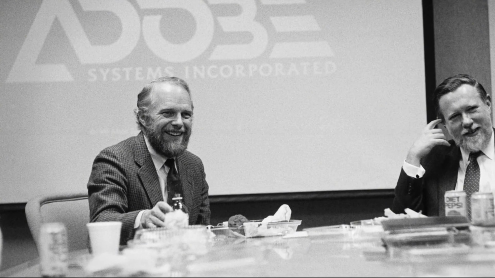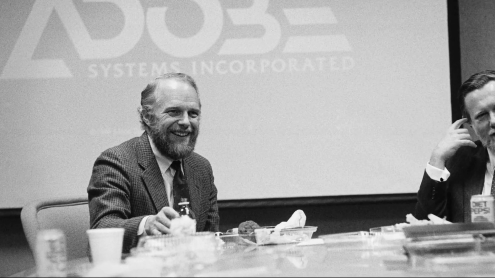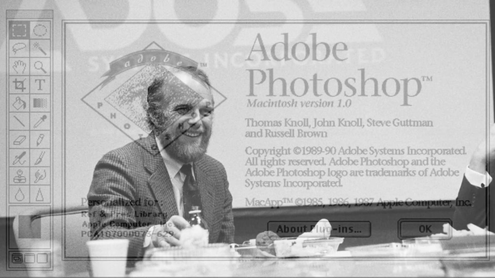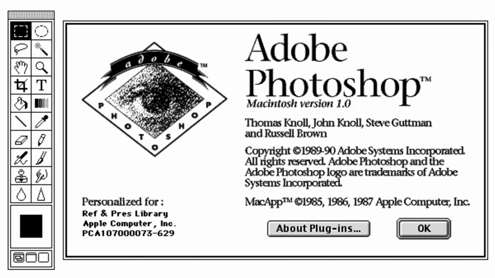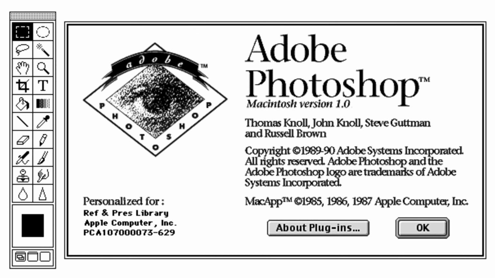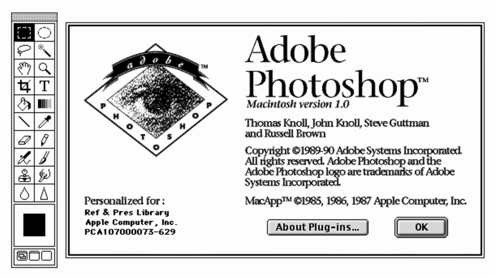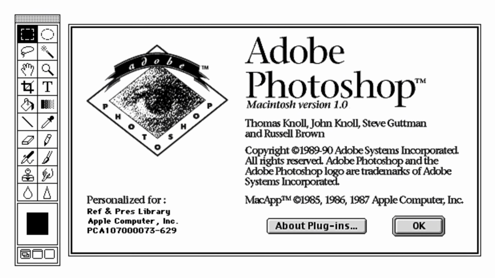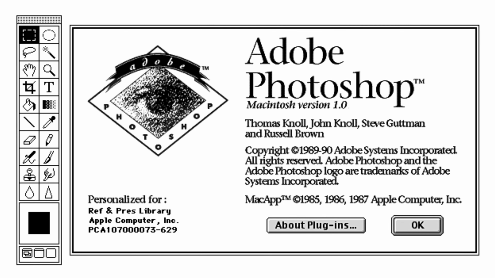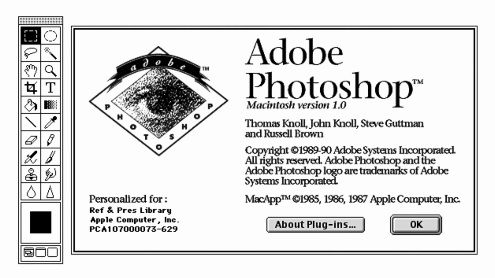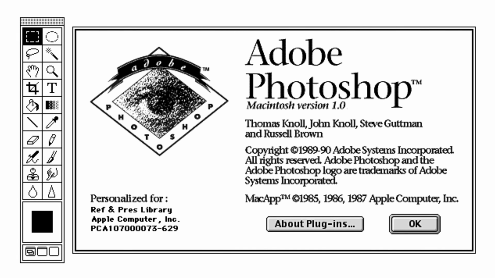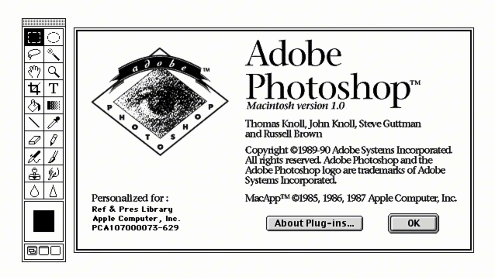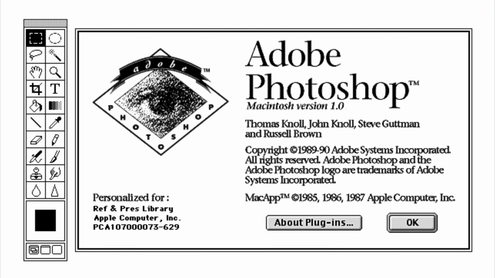Adobe, already known for design and publishing tools, saw potential. They didn't just license it, they believed in it. A few years of refinement later, Photoshop 1.0 officially launched in February 1990, but exclusively for Macintosh. Even then, Adobe didn't expect a revolution. They thought maybe a few hundred copies per month. Nothing wild. Memory limitations on consumer PCs made broad adoption uncertain.